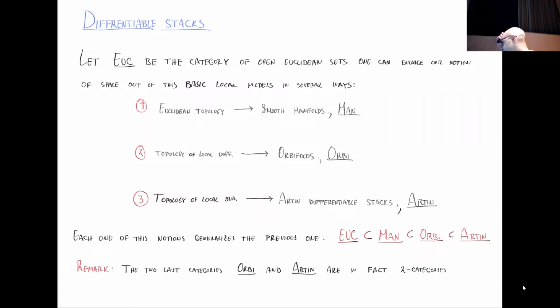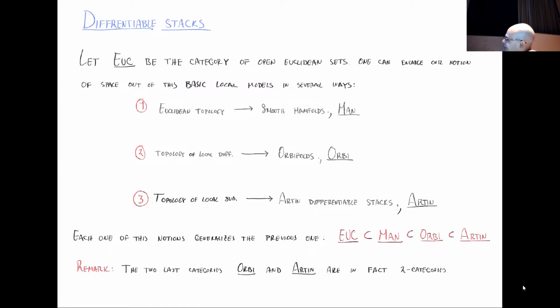However, let me point out here that even if the two categories which appear there, the Euclidean category and the category of smooth manifolds, are just categories, for orbifolds and for Artin stacks, this turns out to be a very special kind of bigger category. In other words, if we consider the collection of maps from one stack into another, then this collection will organize not just into a plain set, but in fact, it will organize into a groupoid, a discrete groupoid. So for any pair of stacks, the space of maps will organize into a groupoid, and in particular, this means that the points of